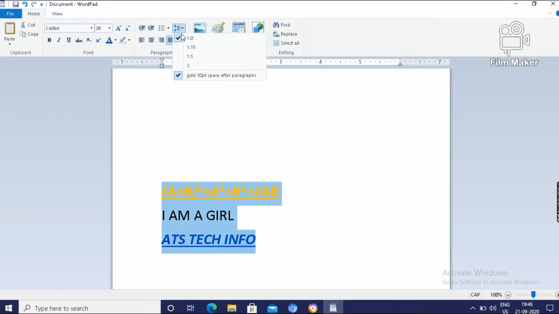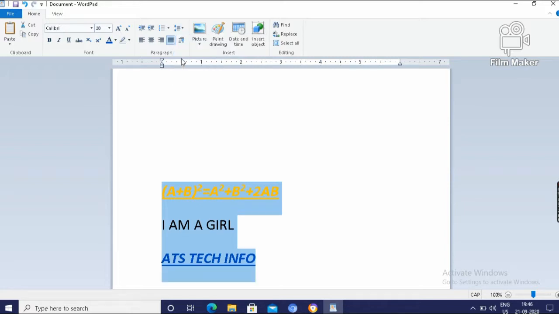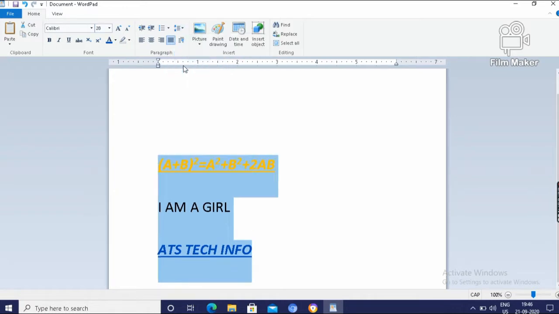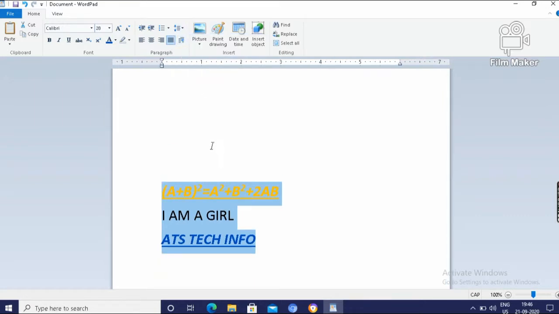Then if you want to increase the line size, line gap, then click on 1.5. Here the gap is increased. Then again click, and 2 means the gap will be increased. Again 1 means the gap will be decreased. Line gap.